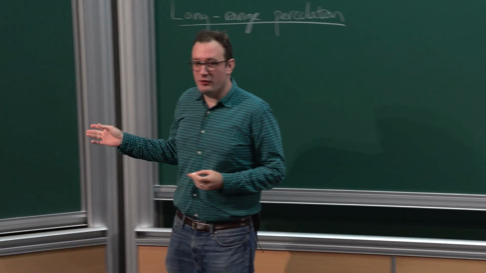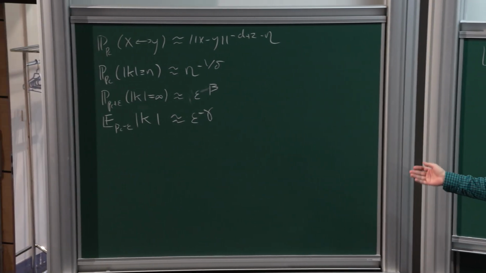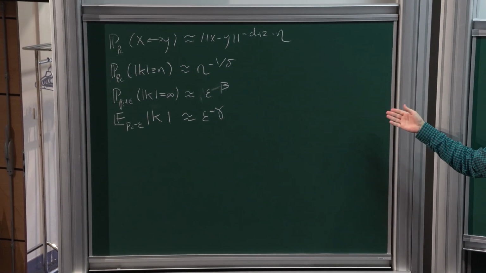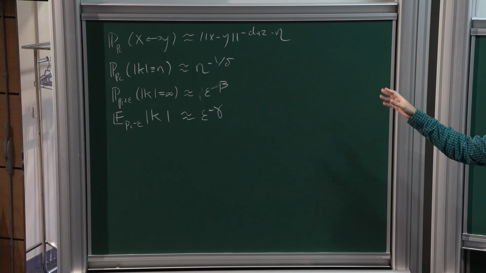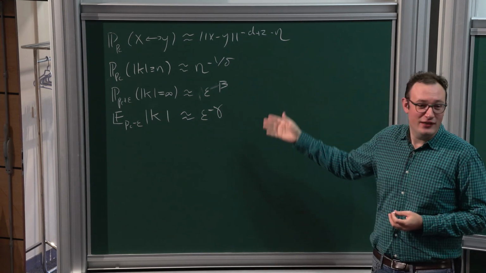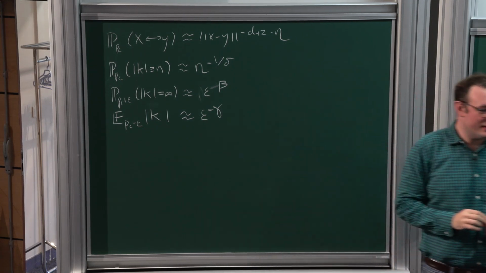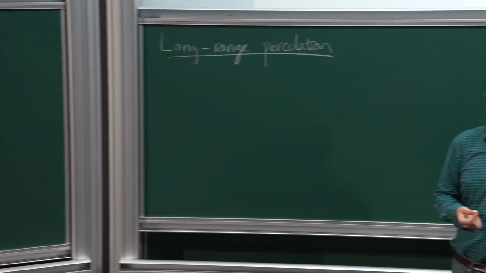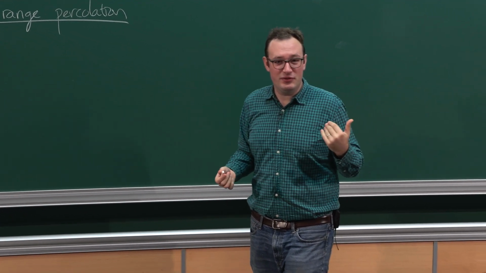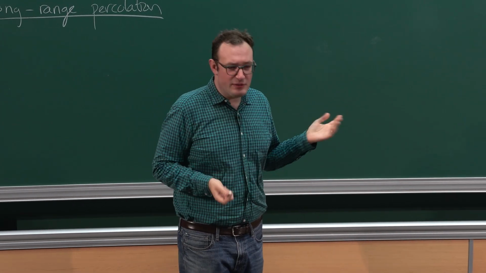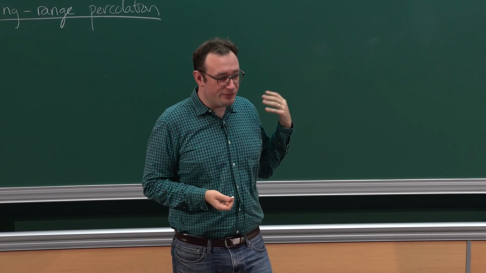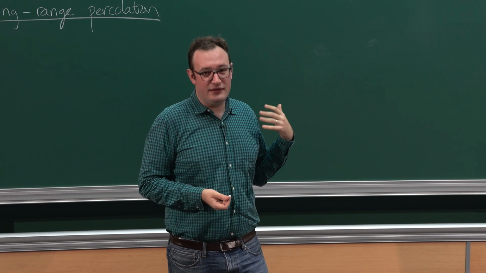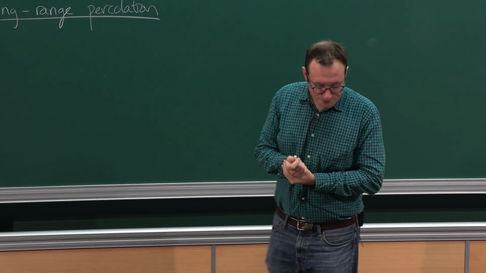Just as a reminder, last time we were talking about critical exponents for percolation. I've written them all up on the board here again, just to remind you of the notational conventions for the different exponents. Last time we were talking about the scaling and hyperscaling relations, which we described as these, for now, non-rigorous relationships between the different exponents. And we talked about the conjectures for what these exponents should be for nearest neighbor percolation.